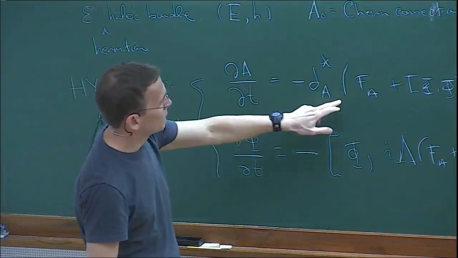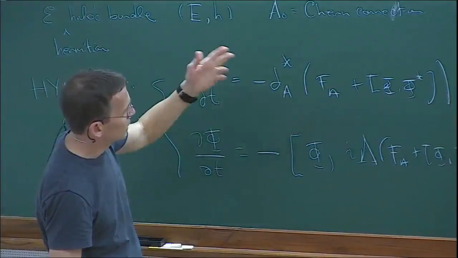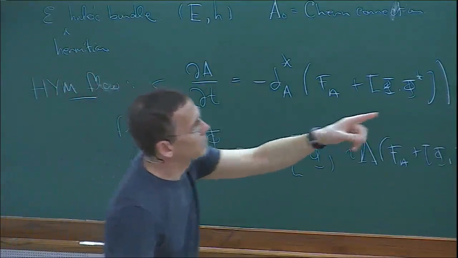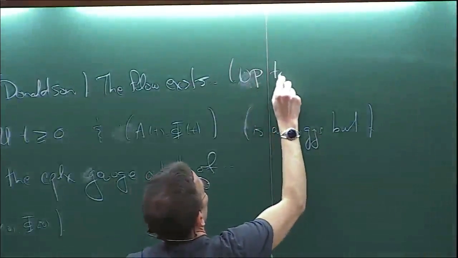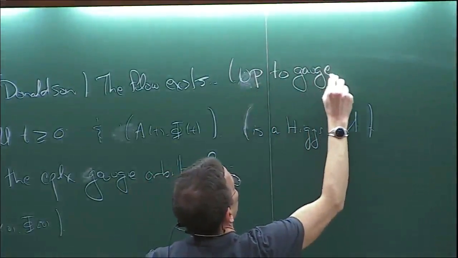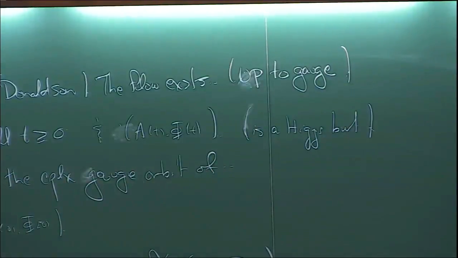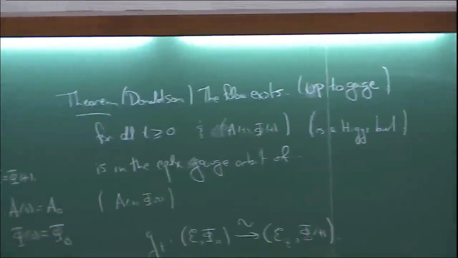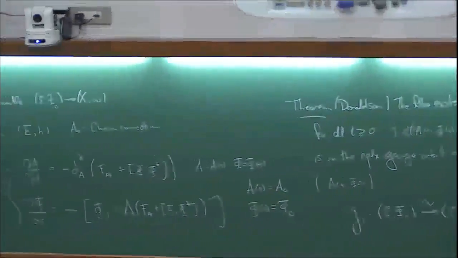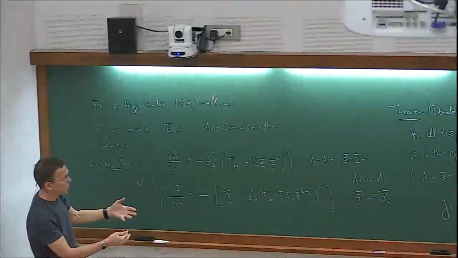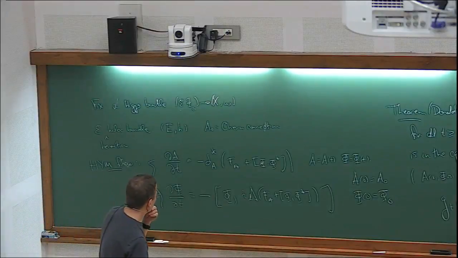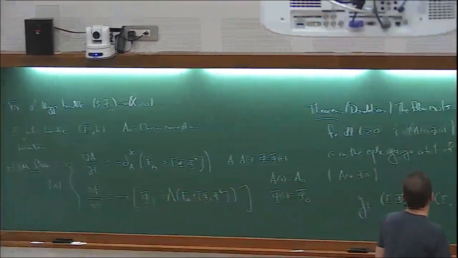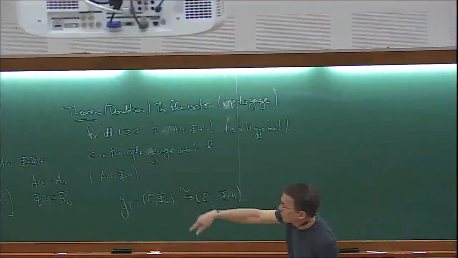The problem here being, maybe I've said this before, is that there's this gauge invariance, and in fact here I should say up to gauge, right? I'm always assuming things up to unitary gauge transformations, and because of this gauge invariance, you can have blow up of the solutions in general, but on a Kaehler manifold with holomorphic initial conditions, that doesn't happen.